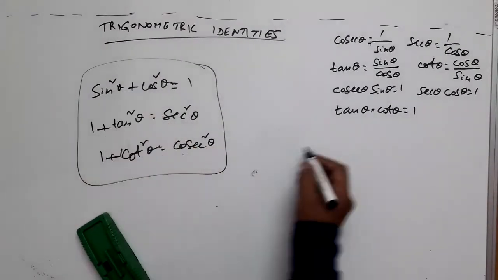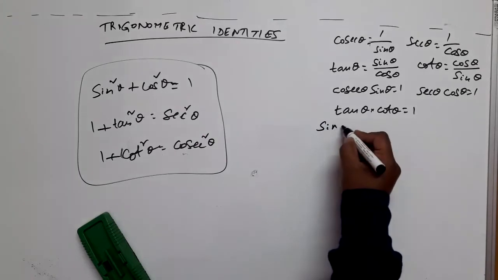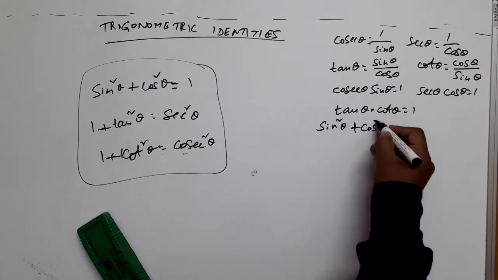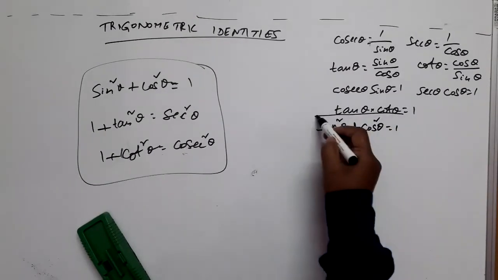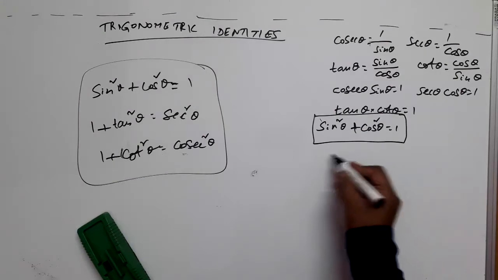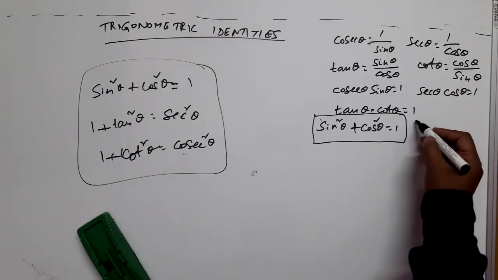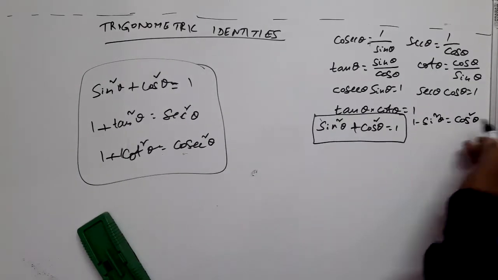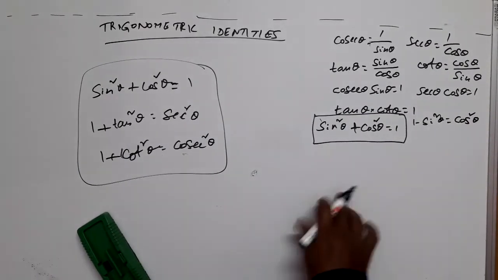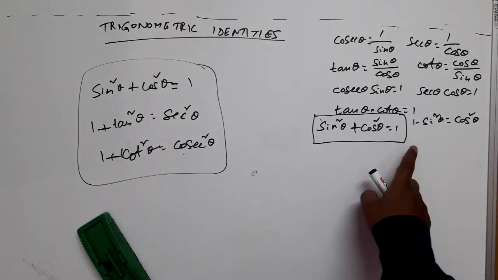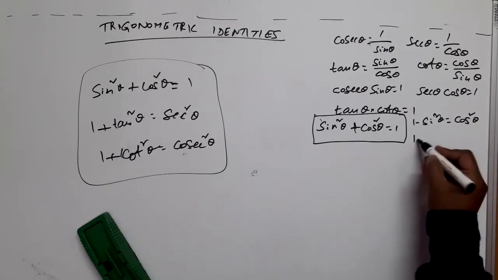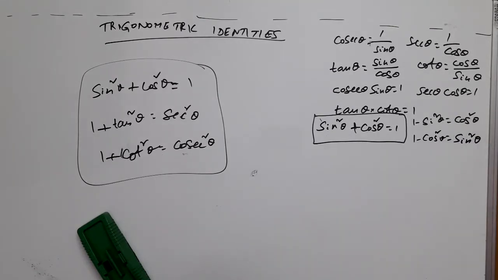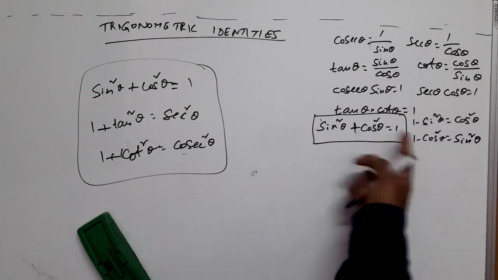See, from this again, I am writing again here because they are very useful now for solving questions. Sin square theta plus cos square theta is equal to 1. From this, see, I can have 1 minus sin square theta, I can write as cos square theta. Is it not? Can I write like this? Yes, 1 minus sin square theta is cos square theta. In the same way, 1 minus cos square theta can be written as sin square theta. Is it not? From the same relation, 1 minus cos square is sin square.